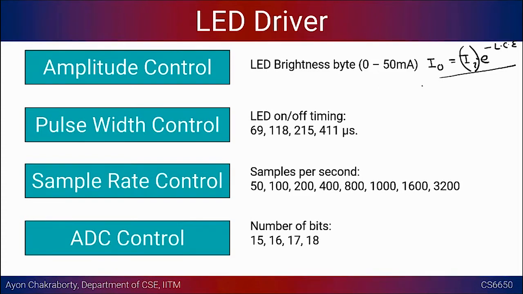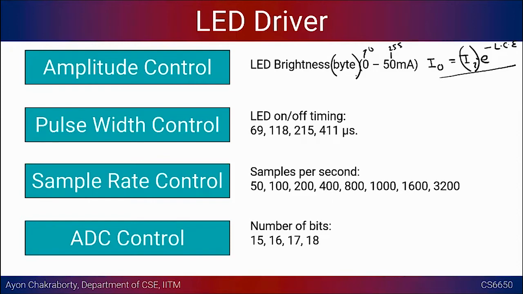The LED brightness is a proxy for the input intensity, and you can control it in 255 levels. Basically, it takes a control byte, and I think there are several possible current levels that you can allow through the LED, starting from 0, which is 0, till 255, which I think is 50 milliamps.